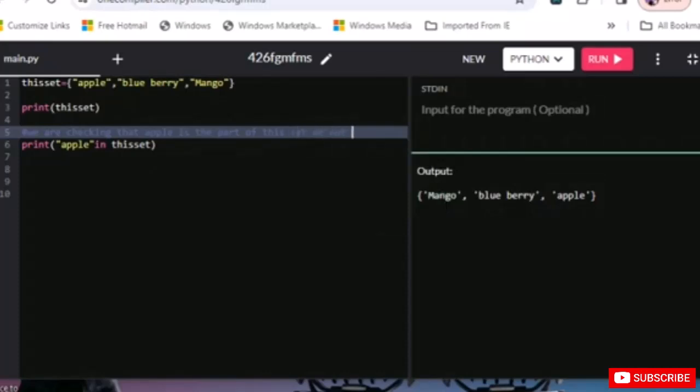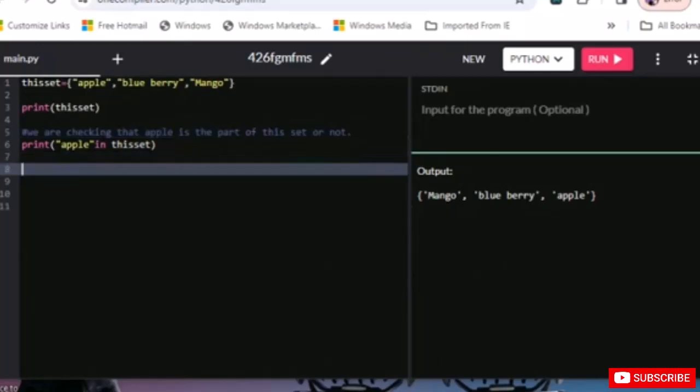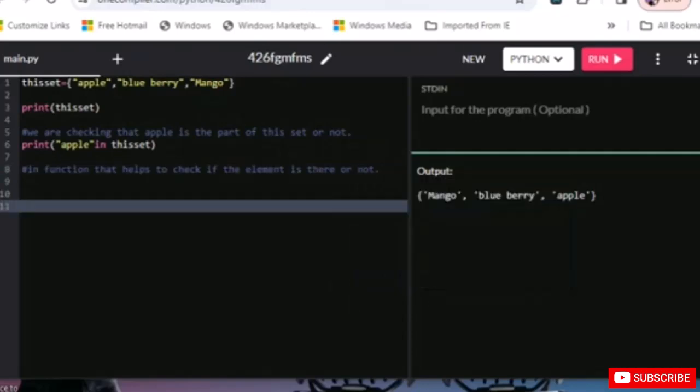We cannot simply go and see it all, because here we are using just three elements, as each item in the set is called an element. Instead, if we had 10,000 or 10 lakhs, oh my god, that's too much, and then we need to search something, you do not know whether it's in the first place or 10th place or 20th place, because you cannot output and read that. So the simplest thing that we use here is the in operator, which helps to check if the element is there or not. Let's hit run and see what's going to pop up.